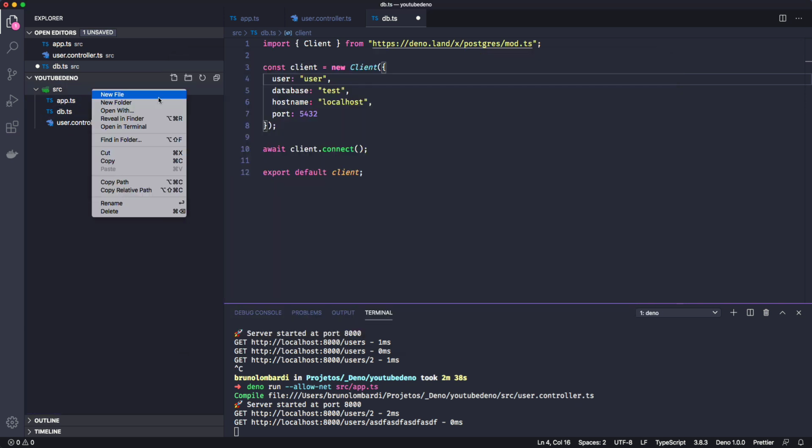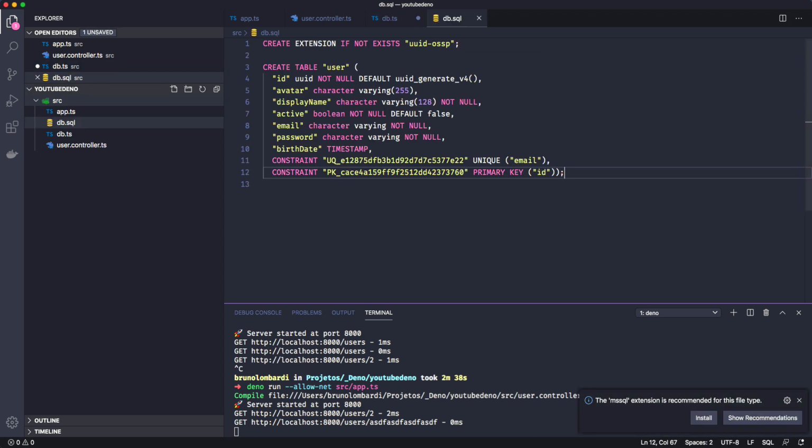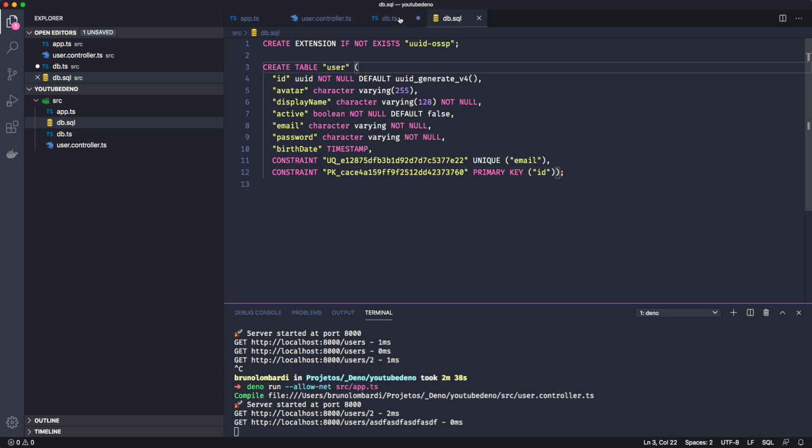So I am just going to put this right here, db.sql. So you have to run this SQL right here